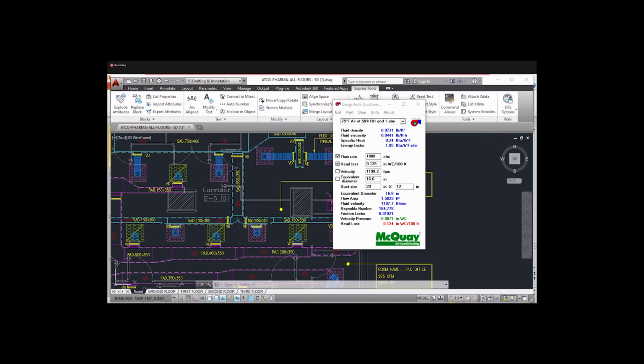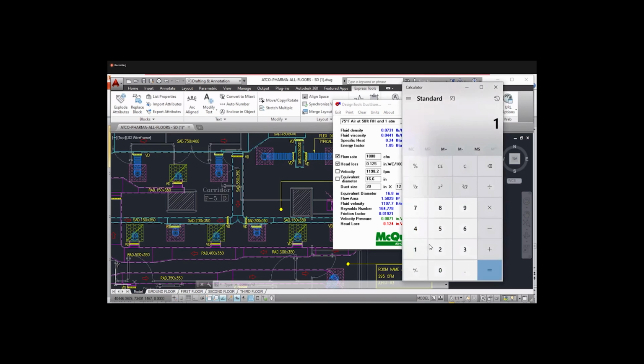So how much is 20? 500. We should clear all the values. So 16 now, so we will go with the 18. 18 into 25, 450. 16 into 25, 400.